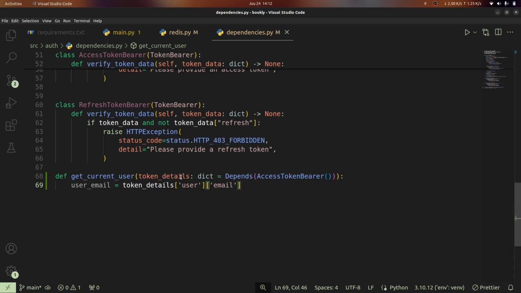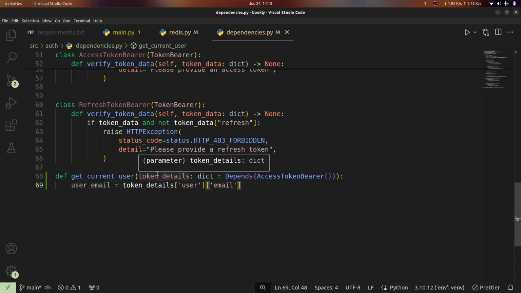So when we get our email, then we need to also make use of our session dependency. Now we can inject into a dependency as many dependencies as we want, but the problem is you need to do this for only dependencies that you're going to use within routes. If you do inject a dependency into a class, or let's say a method or a function that you're using outside routes, this is not going to work. But since this is a dependency that we're going to use within our routes, then it is going to make sense for us to do